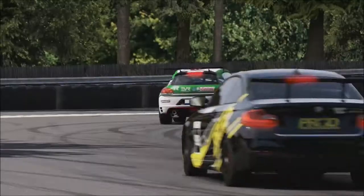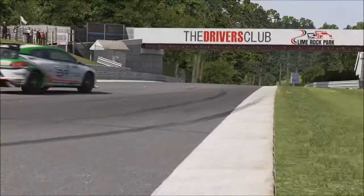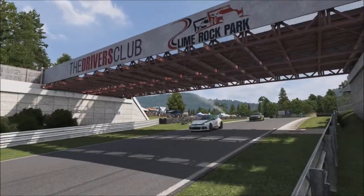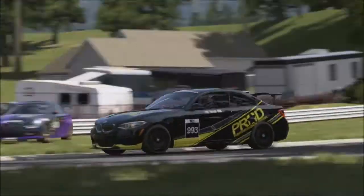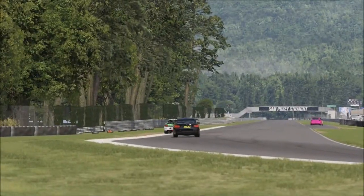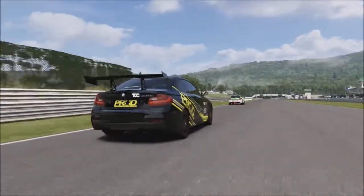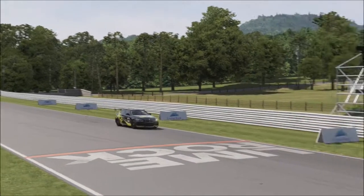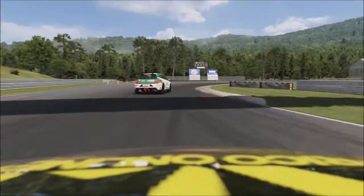Performance-wise, we don't really know how the Mazda 3 is doing as of now. I don't really know what its advantages are over the other front-wheel drive cars, but we'll probably see them come into their own at some point. They do have the second most power of the front-wheel drive cars. Or are they the most powerful front-wheel drive? I don't actually know. Anyways, we join the lead battle here, which would go on between, well, surprise surprise,